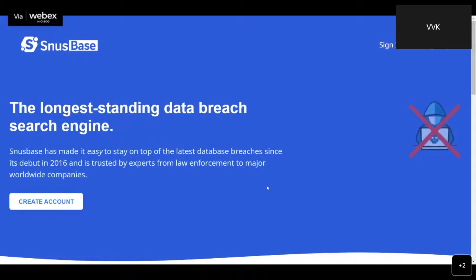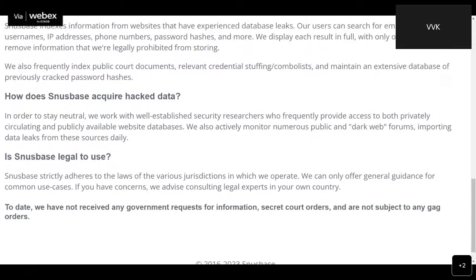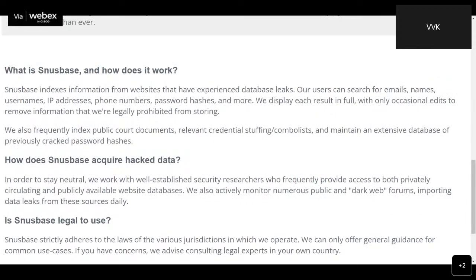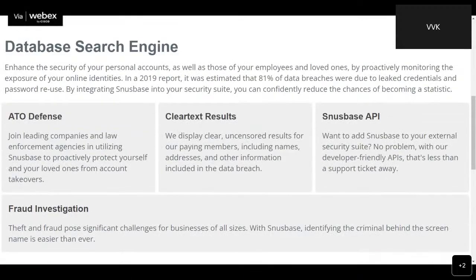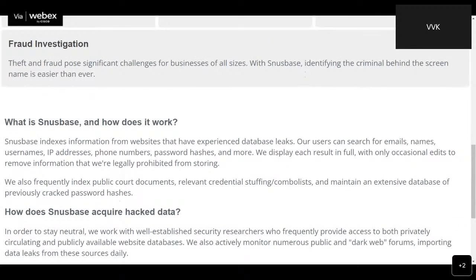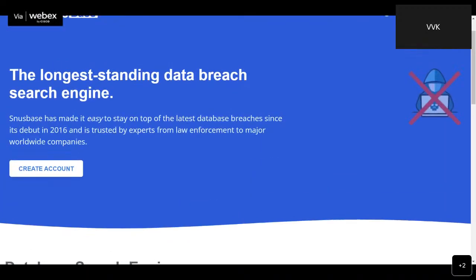If some website is hacked and the database is breached, then all that information is put out here. All the data is collected here and people can find information. You can see the information: emails, names, usernames, IP addresses, phone numbers, password hashes, and a lot of information is available here. Where is it collected from? From websites which are already attacked. Okay, so this is one.